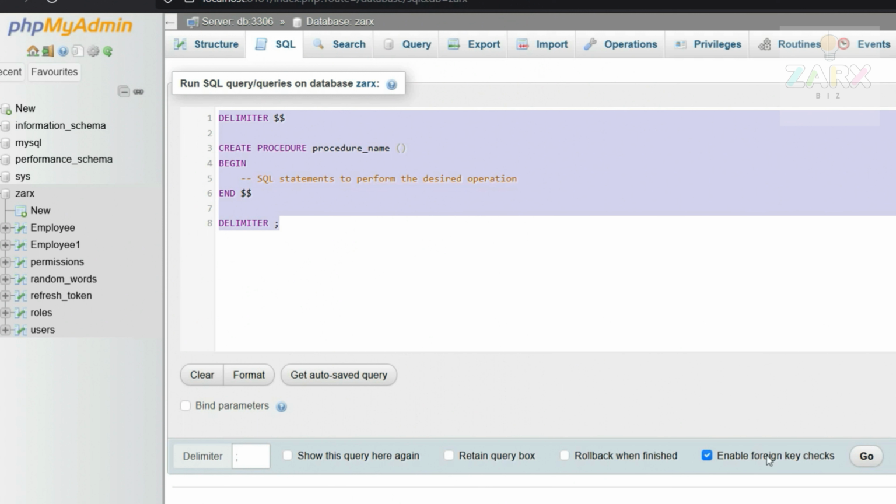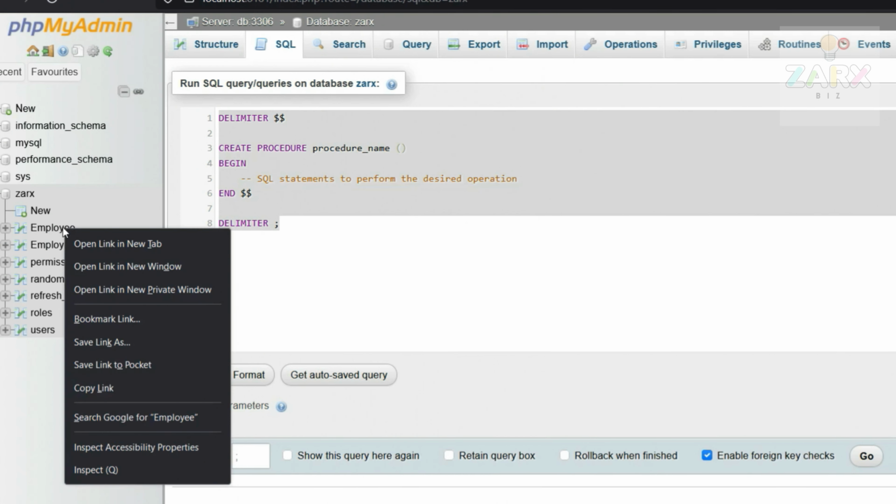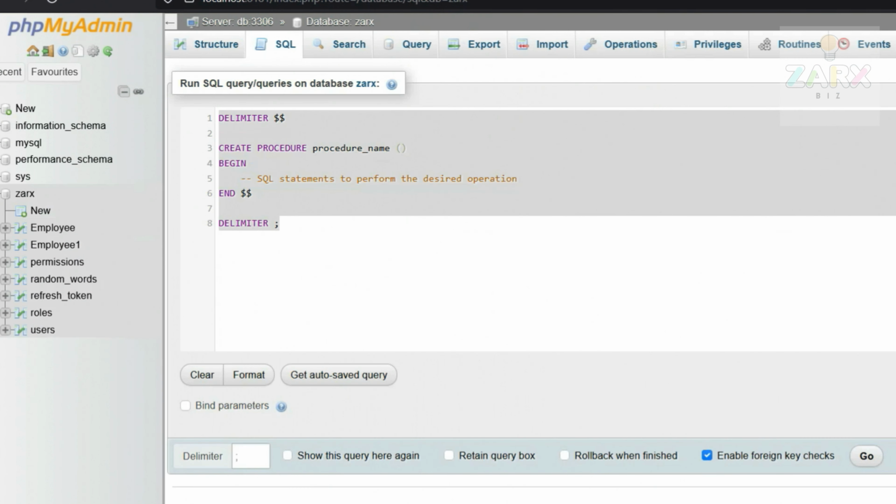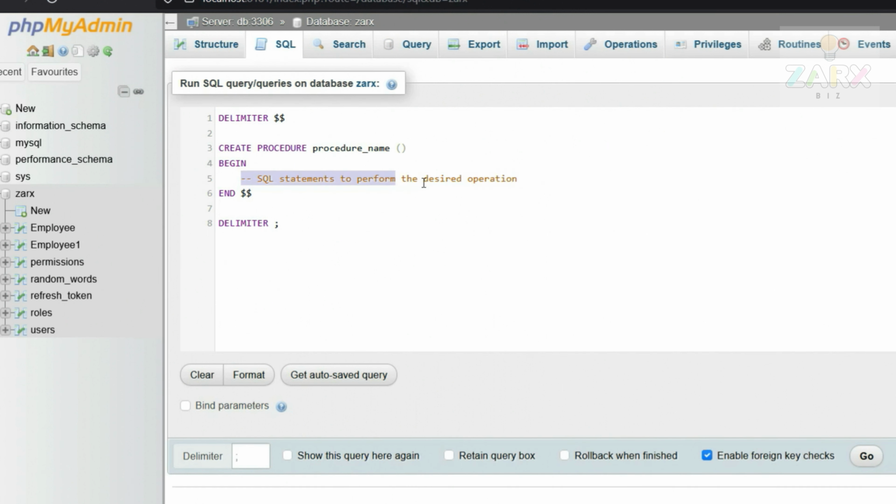Okay, now let's see an example. I have an employees table here, and there is some content inside it. I'm going to open it in a new tab, go to employees, and you see we have data. So what I do, I go here and run a SQL statement. All we need to do is say select all from employees, and then I put a limit on it. I say limit 10. This is just to show you. It makes no sense to have 10 records and a procedure for it, but I just want to show you how it works. So here I'm going to run it, and the procedure name